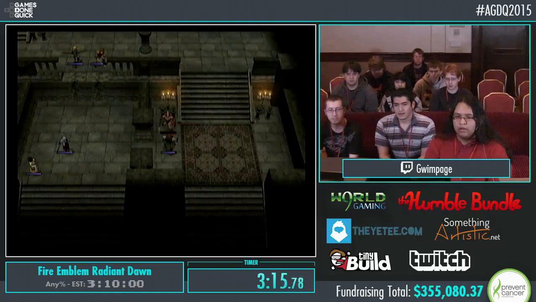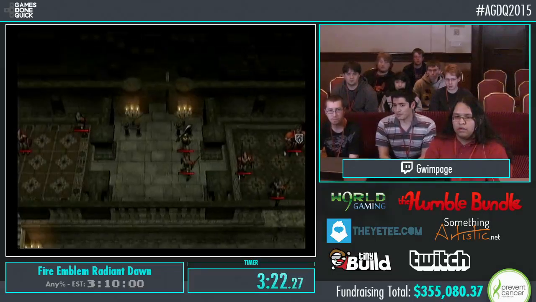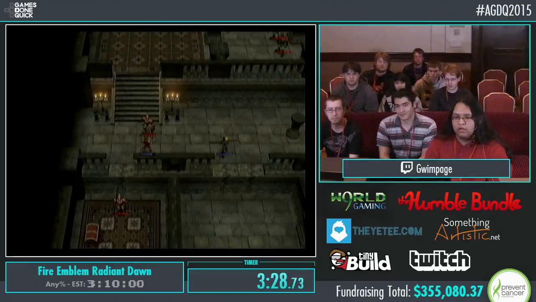Oh, yeah. In previous Fire Emblem games, the big weakness of axes was that the hit rate was rather low. But in this game, they really buffed axes. So their hit rate is no longer an issue, and they have high attack power, so...